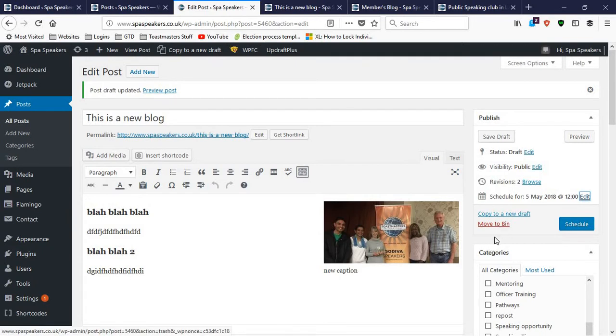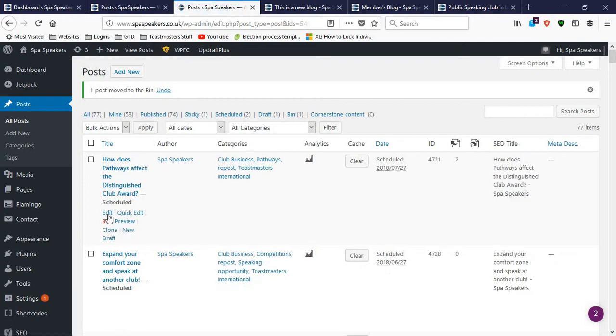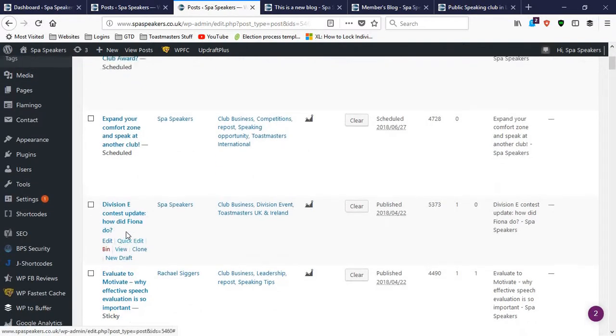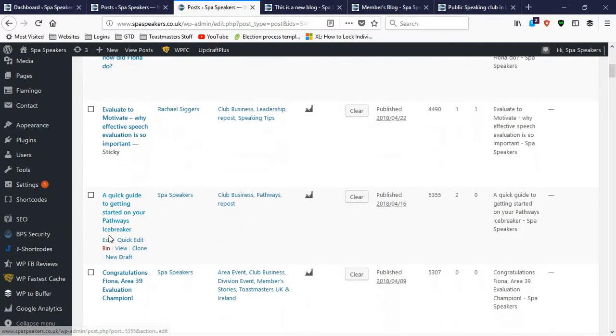Okay, so what I'm going to do now, because I'm not going to publish this, is move this to bin. Rightio. So that's disappeared. Now if I want to edit an existing post, I can click here, edit. So this is an existing post that's already been, oh, those two are scheduled. Let's edit, well, you can edit any post, whether it's scheduled or whether it's pre-published. So if I hit edit here,